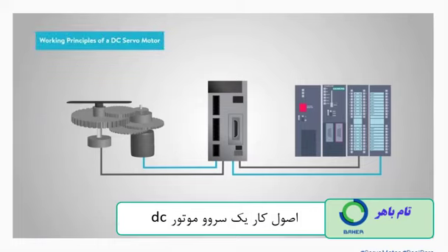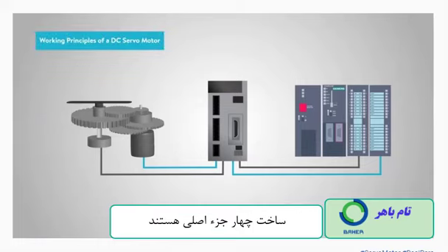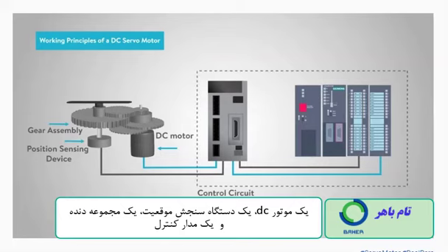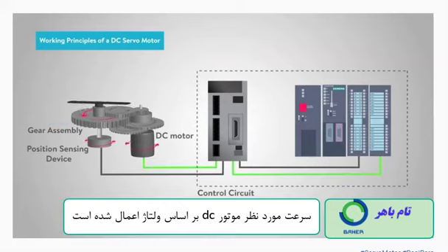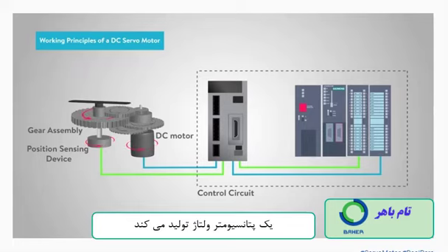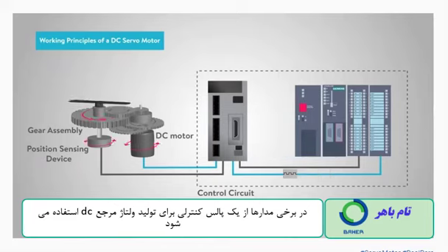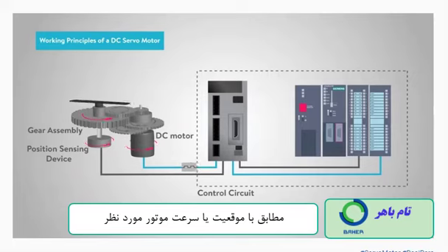The working principles of a DC servo motor are the construction of four major components: a DC motor, a position sensing device, a gear assembly, and control circuit. The desired speed of the DC motor is based on the voltage applied. In order to control the motor speed, a potentiometer produces a voltage which is applied as one of the inputs to error amplifier. In some circuits, a control pulse is used to produce DC reference voltage corresponding to desired position